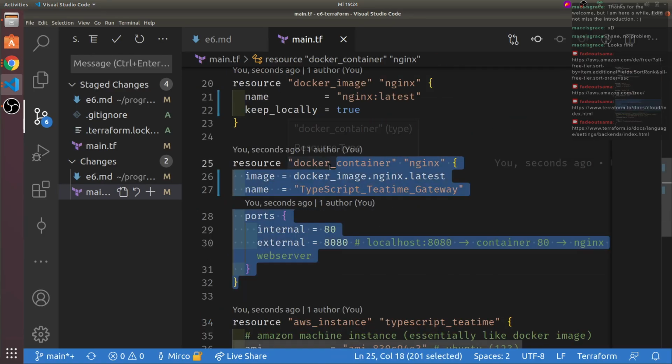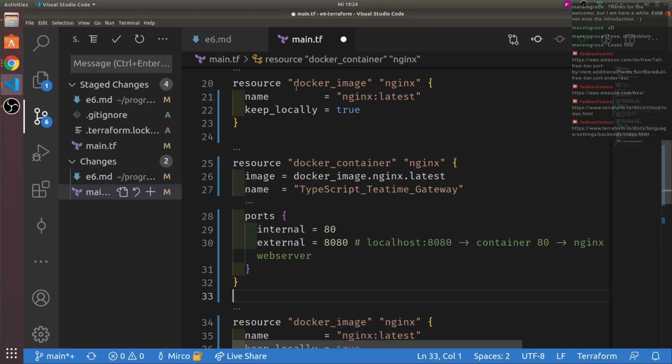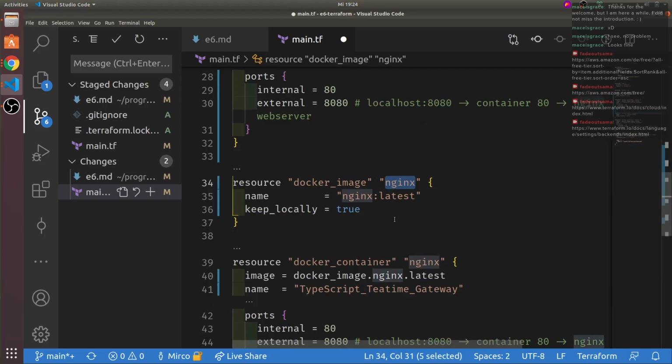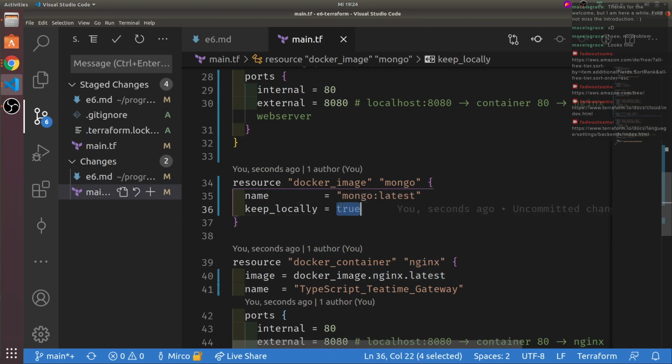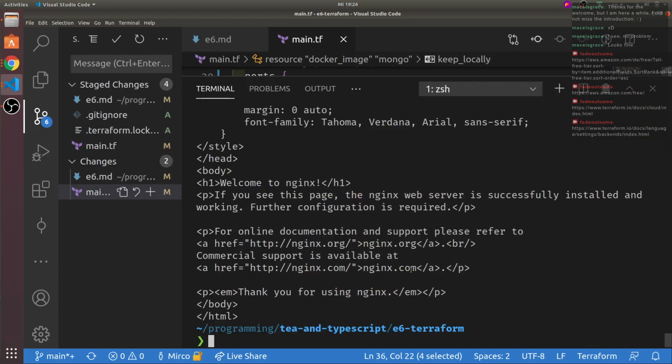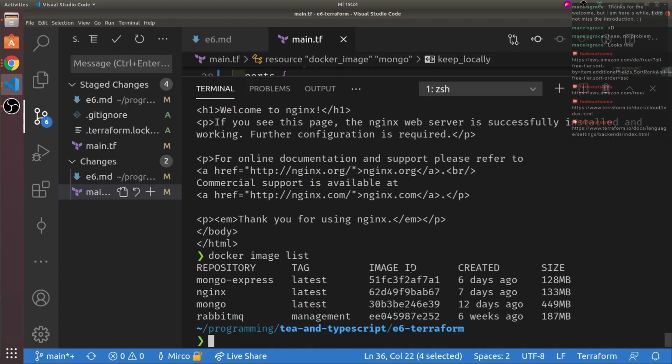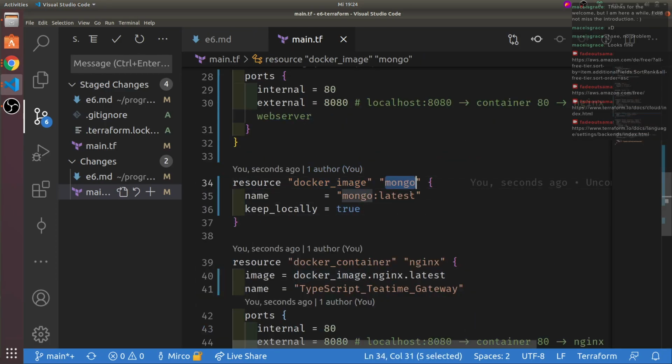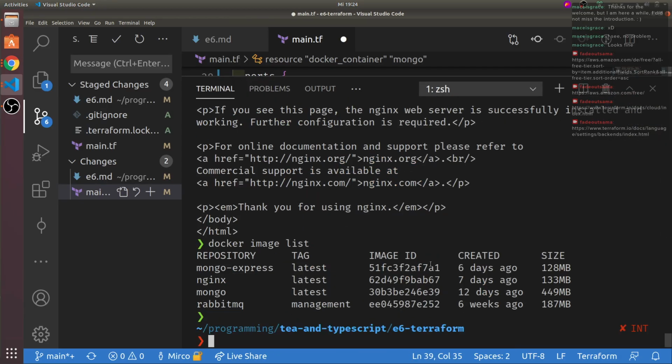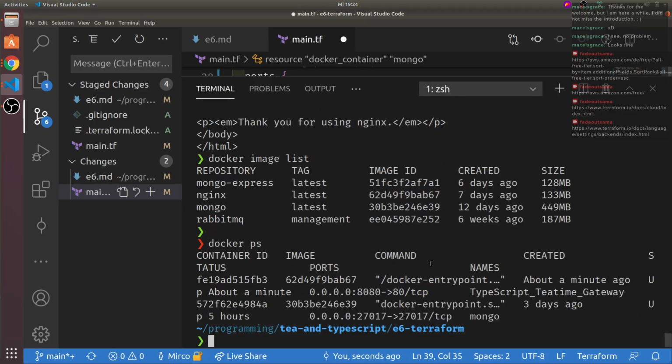Let's put another one in here, just to see some more of the magic. Let's do Mongo latest, and now the interesting thing is that I have it already. I'm curious what it will do. There might be a newer version, I don't know. We probably have to change the Docker container. Even worse, I have it running, right? Let's see what it will do.